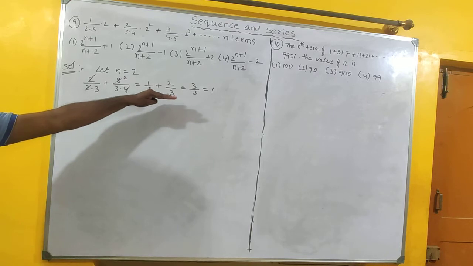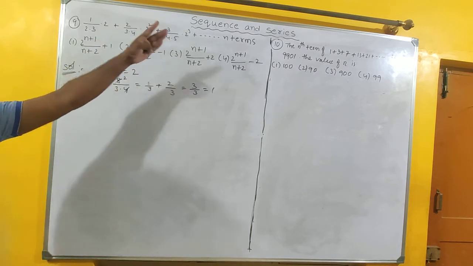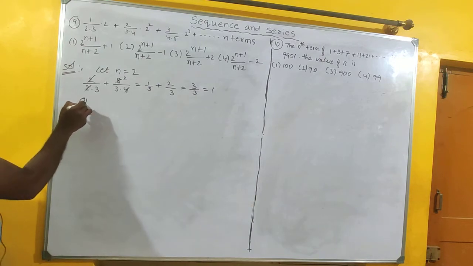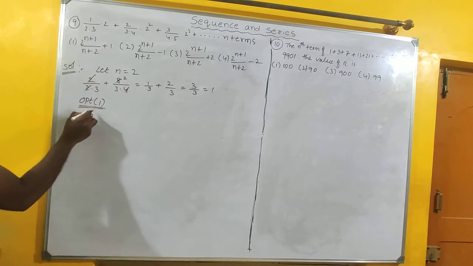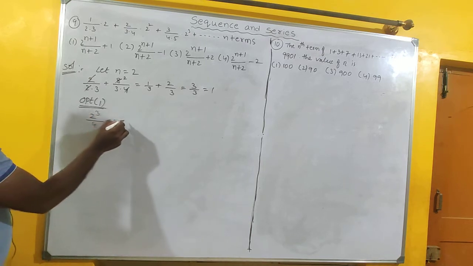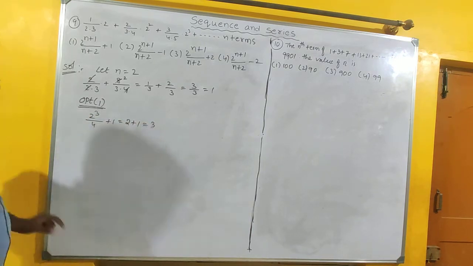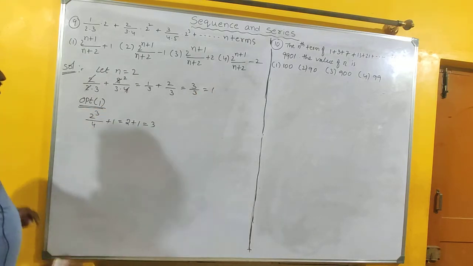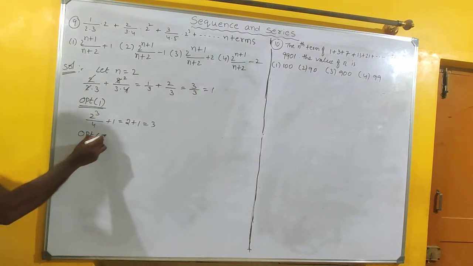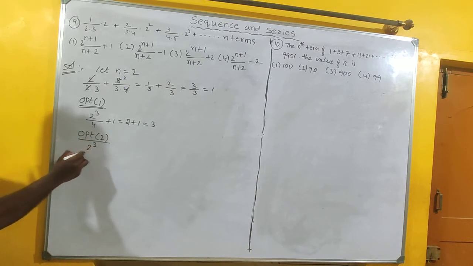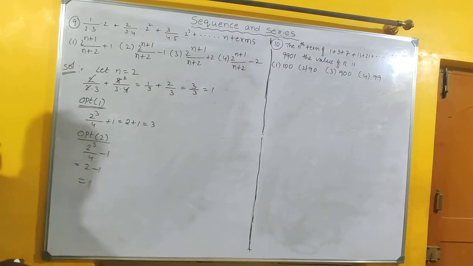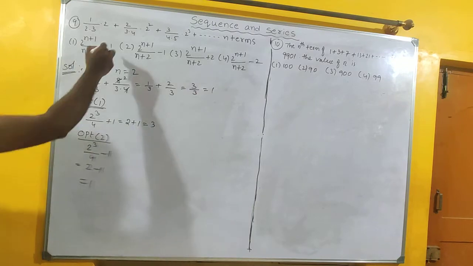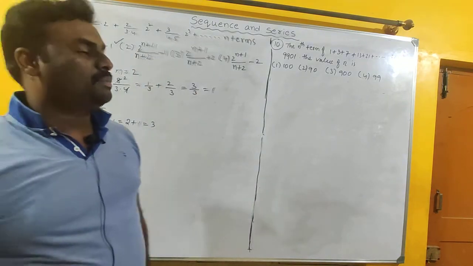It has to be satisfied by option 1, option 2, option 3, option 4; we will check it. Now I will check with option 1. 2 power n is nothing but 2 cube by 2 plus 2, 4 plus 1, and 8 by 4, 2 plus 1, that is 3. But what we require is that the sum of 2 terms gives the answer 1. That's why option 1 is wrong. Then we'll go with option 2. 2 cube by 4 minus 1, that is 8 by 4, 2 minus 1, that is 1, and this is also 1. Therefore, option 2 is the correct answer for the sum of n terms.